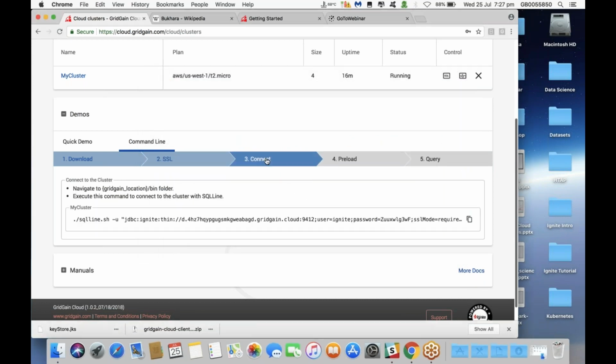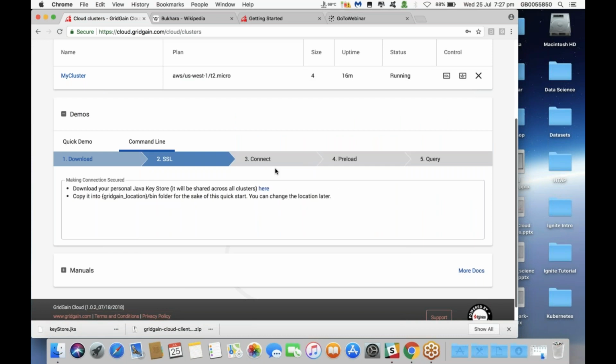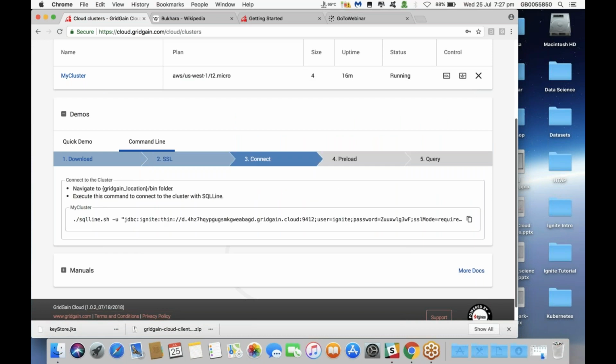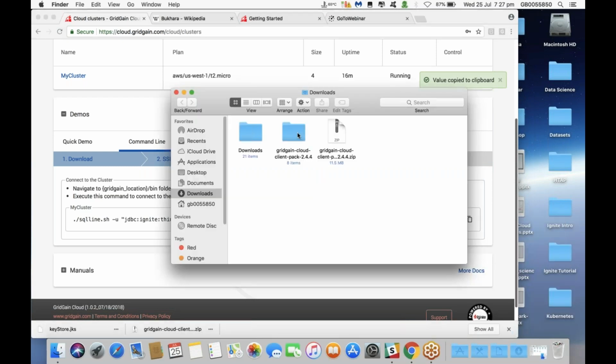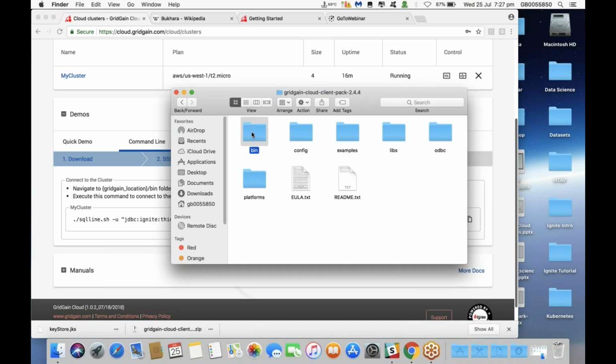Okay, next step. Then how to connect then. So let me click this. And again, so what it says, what we need to do is navigate to the bin folder. And then we need to execute this long command here. And again, very helpfully, we can simply copy this to the clipboard. There we go. And then from this environment here, if I open up a terminal window,